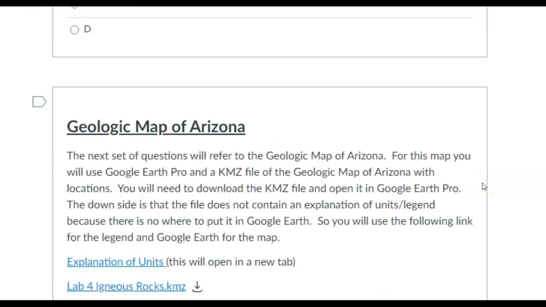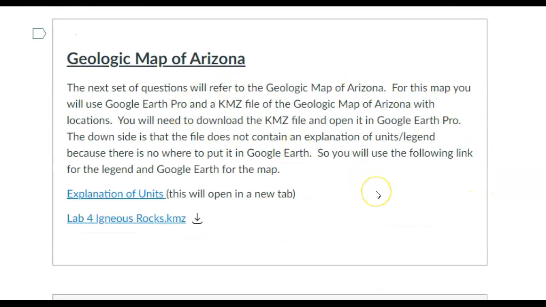The last part of the lab is going to have you look at a geologic map, so we can look around Arizona and see where we have some igneous rocks. You've used this geologic map in Google Earth before, so hopefully you're familiar with it. The two things you'll need are the KMZ file. Remember, you can't open this. You need to download it to your computer, open it with your Google Earth, and then you'll need the explanation